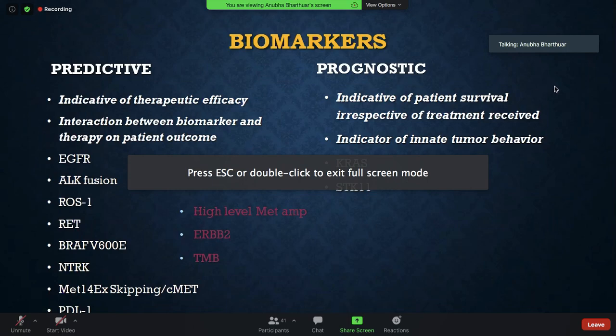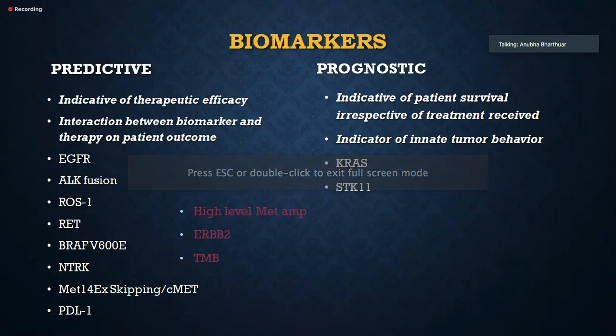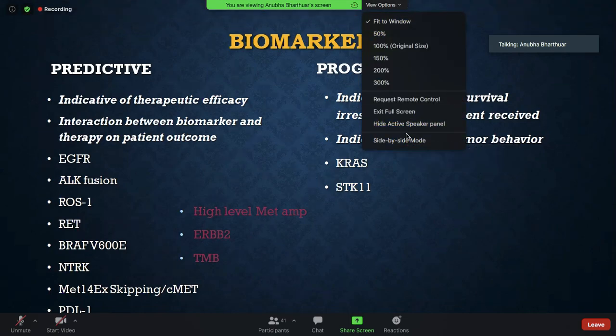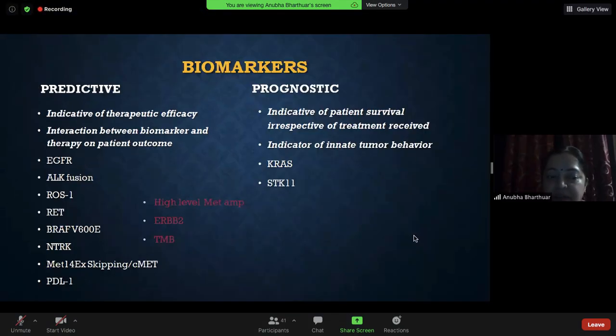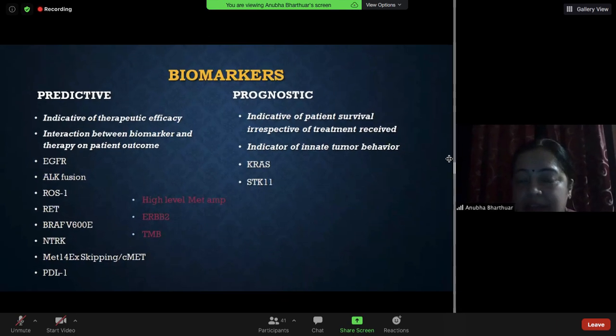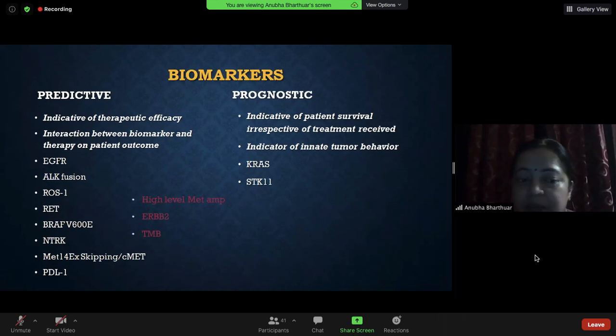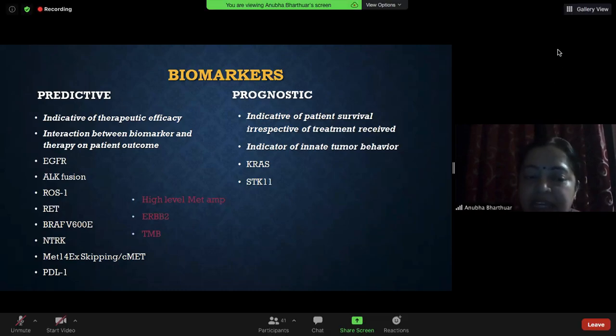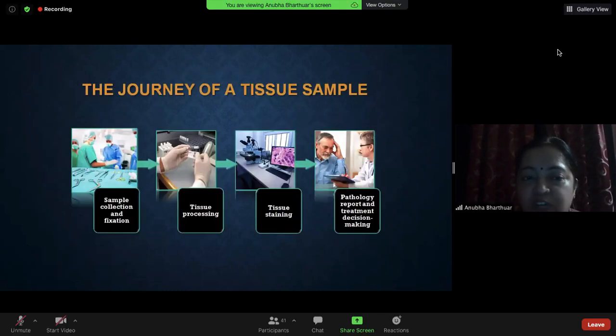Therapy and patient-related outcomes. We are all familiar with EGFR mutation, ALK fusions, ROS1 mutation, but those that have come into play in the last few years are RET mutation, BRAF V600E. I know the next talk is going to be about that. NTRK fusions, MET exon 14 skipping mutations, high-level MET amplification, and those that are coming more and more into play, PD-L1 IHC and tumor mutational burden.